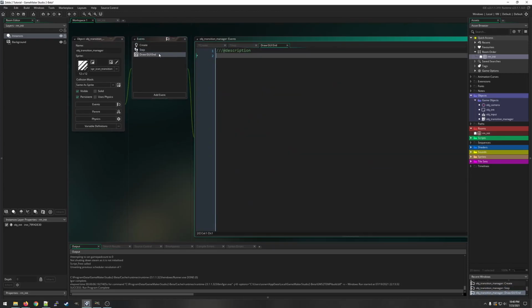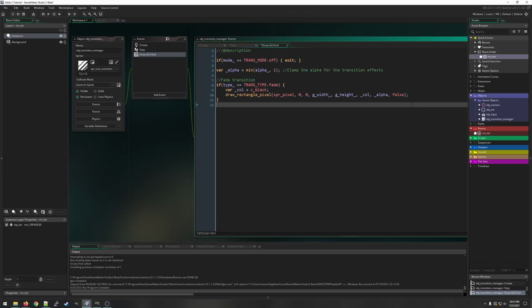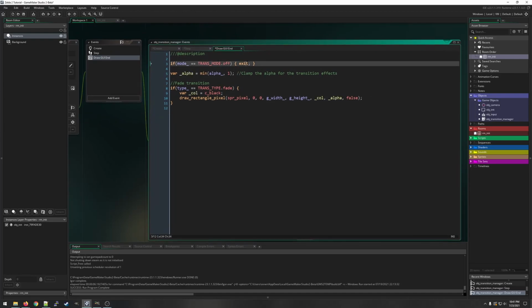So last but not least, let's go into the Draw GUI End. And this is actually very simple. If transmode is off, exit, because we don't want to be drawing unless we're actually doing something. We have a temporary alpha variable here, which I clamp between 0 and 1. And fade transition: if type is equal to type fade, then draw a black square across